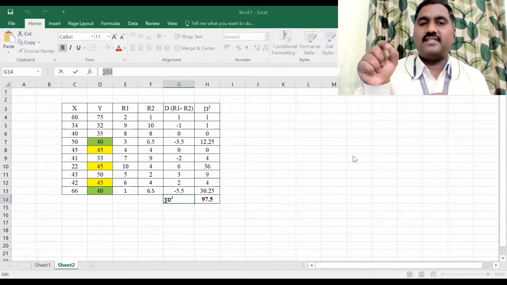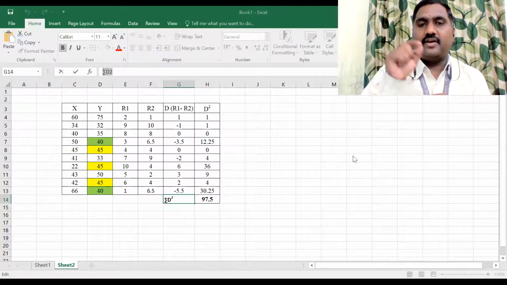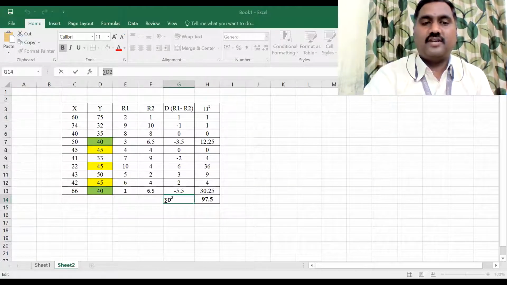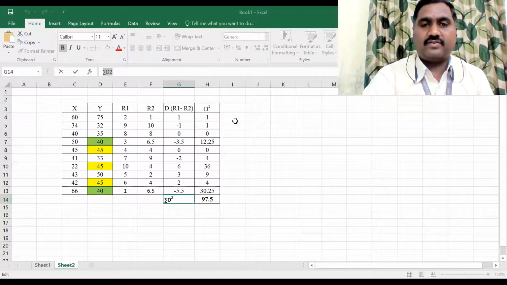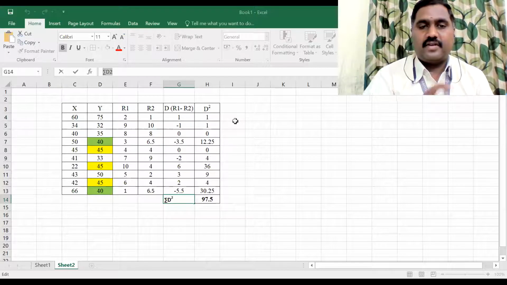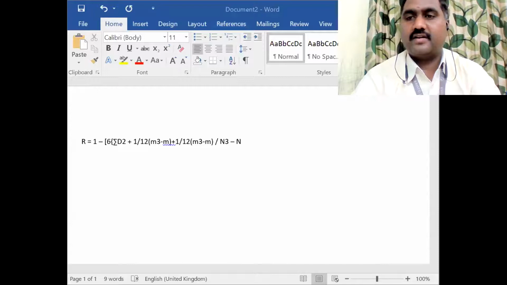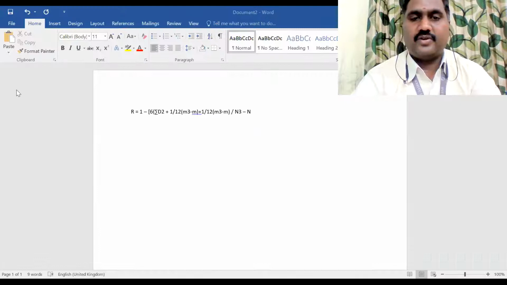Note down all the values, guys, so that when you are applying in the formula, you have to tell me, because I will hide the Excel sheet and I will open the Word sheet. So I cannot do that then and there. So you people note down and tell me what is the value. Right, now you noted down. Okay, now I will stop sharing this Excel. I will share the Word document. Now you can able to see the Word document, right? Yes, very good. Thank you.